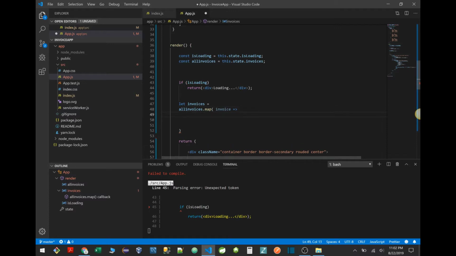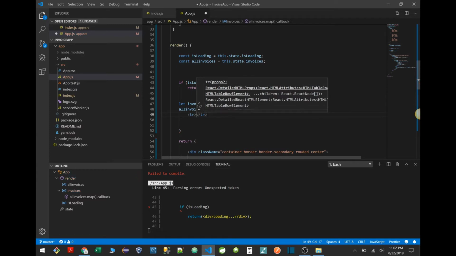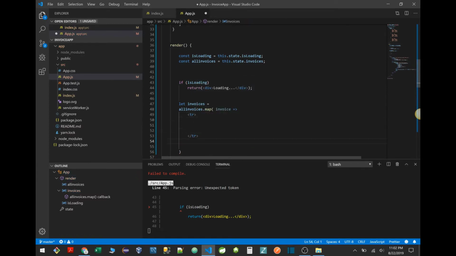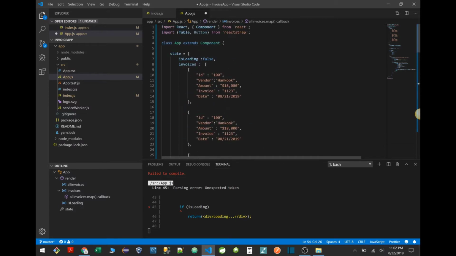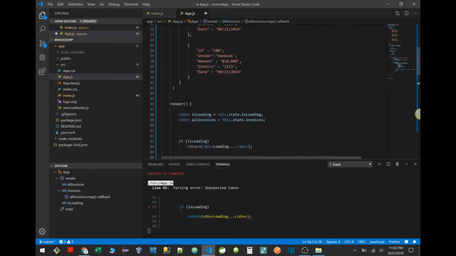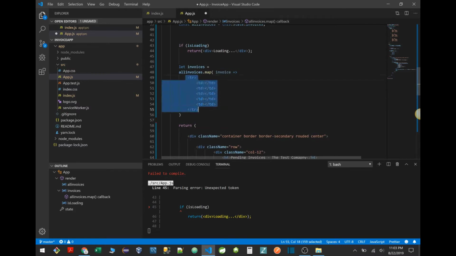And what's going to happen, once you have the invoice, just go ahead and generate this TR as we desire, like this. So we're going to say we have TD, right? We're going to iterate over this loop and build all these TRs, basically generating all these rows from our data. So we're converting our JSON object to table rows, and we're mapping over, so we're basically looping through the invoice